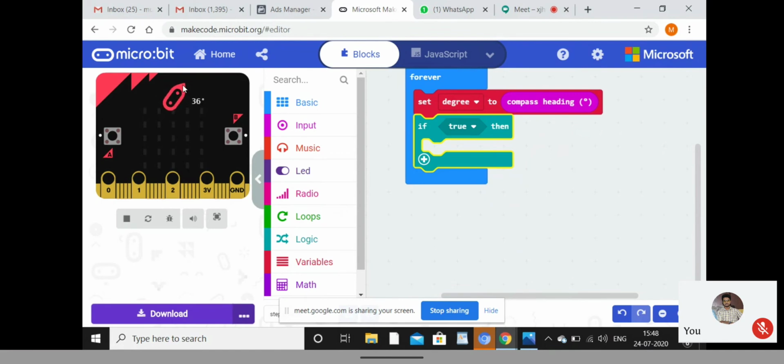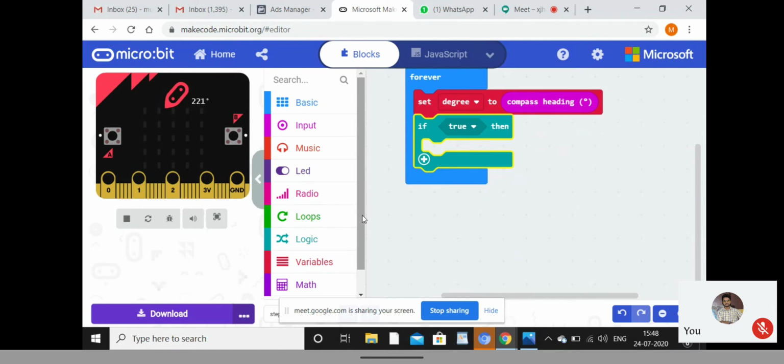Yes, east. 0 means north. If you had the physical chip now, you could stand on a side and check. But we don't have it physically, so this block here lets you check. You can rotate this and check whether your program is working or not.